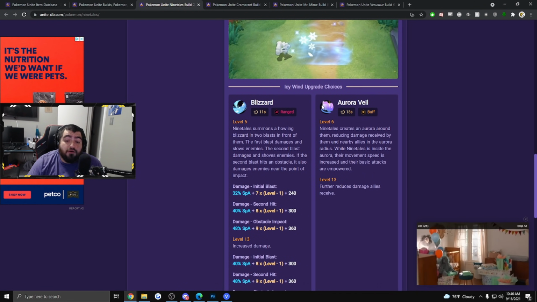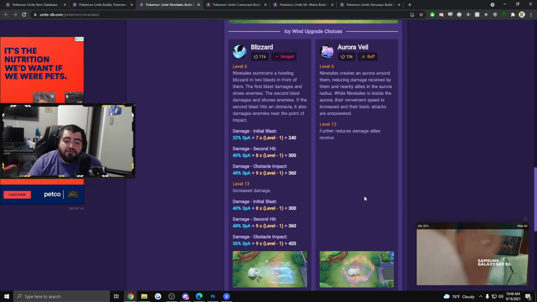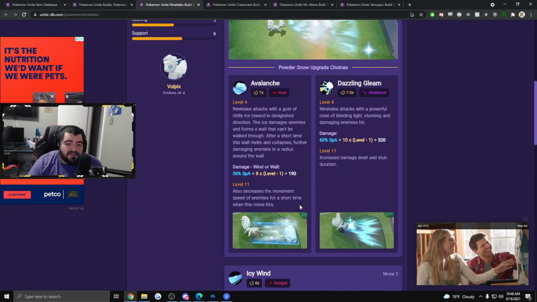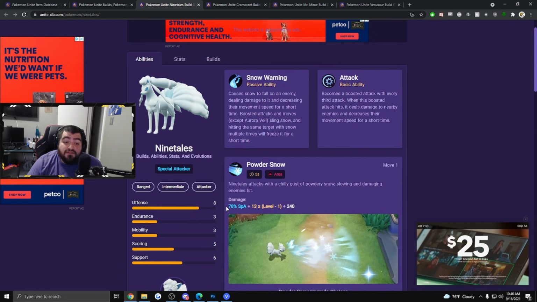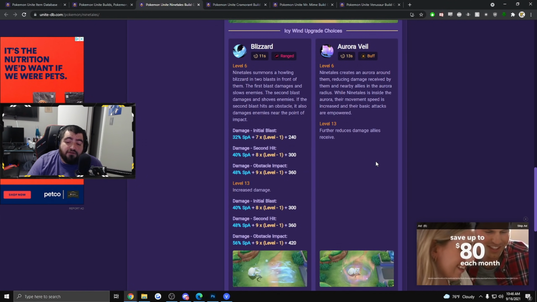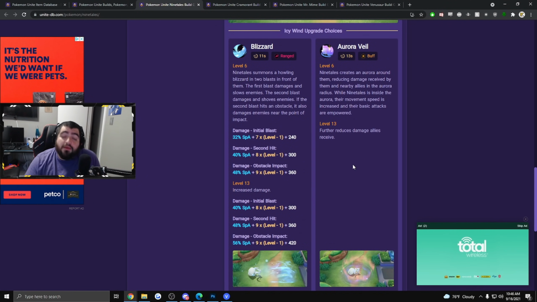Not to mention Aurora Veil is an incredible ability that doesn't even have scaling on it, so you're really not an SP attacker. Look at this, even on Blizzard, just ridiculously low scalings. So putting Wise Glasses, putting SP attack specs on this character, even though the character is an SP attacker, it's useless. It does nothing for the character comparatively to the damage that you could get from Muscle Band, or comparatively to the